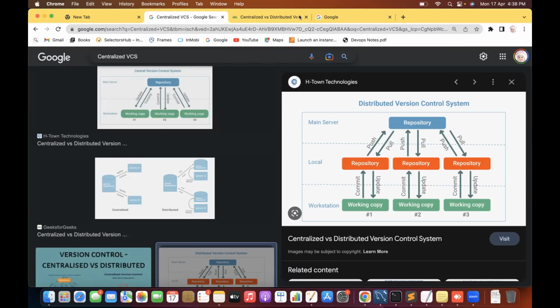But again, nowadays, guys, in almost all IT companies, people are using Git for source code management and version control, which is a distributed version control system. So if someone is asking what is the difference between distributed version control system and centralized version control system,